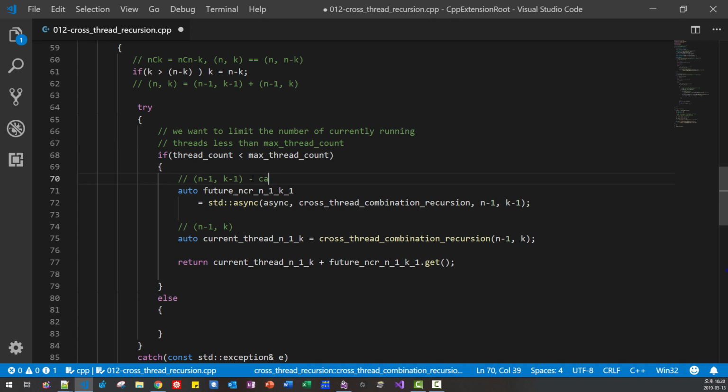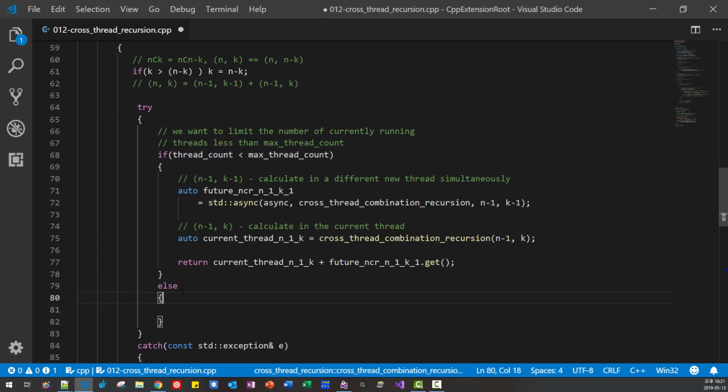Calculate in a different new thread simultaneously. Calculate in the current thread. So we are using basically a new thread and the current thread. So we merge them together and return. Okay.